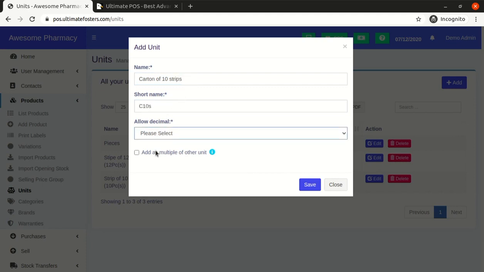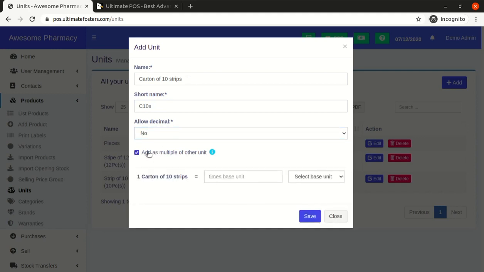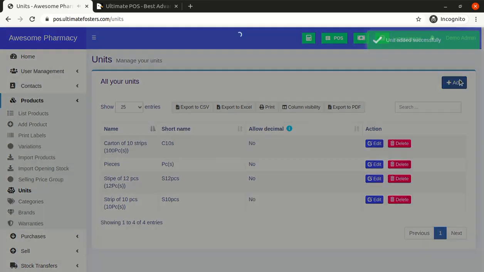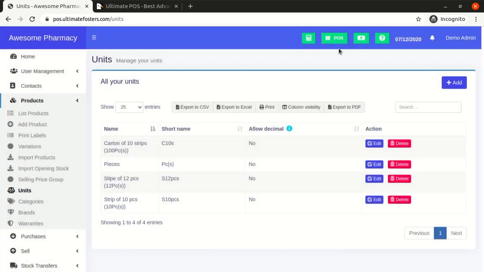I will click on allow decimal as no here. So in add as multiple of other units, it is asking me one carton of 10 strips is equal to how many pieces. So one carton of 10 strips is equal to 10 into 10, which is 100 pieces. So similarly you can add many different units as well as subunits for it.